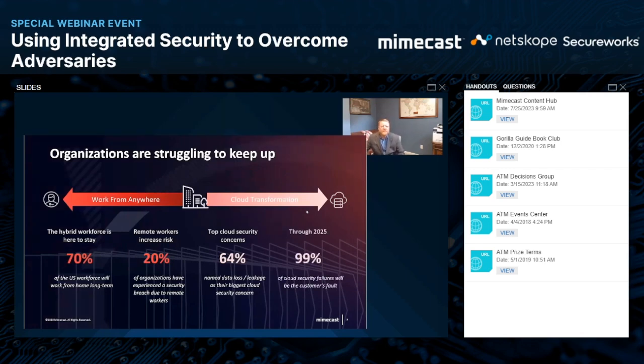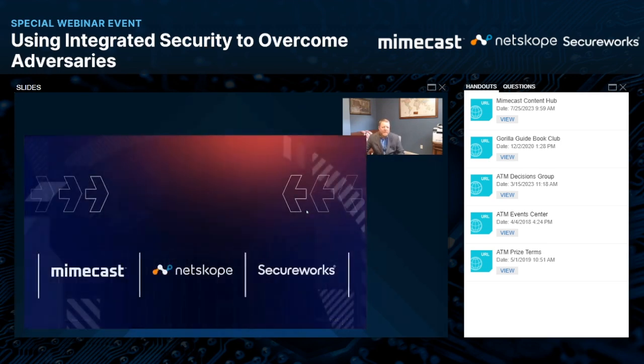So just a round of challenges abroad. So what we've done as part of Mimecast, Netskope, and SecureWorks is really look at saying, okay, we offer a really great solution, but we want to make sure it's deeply integrated, easy to turn on and set up, easy to gain the visibility. So when you're looking at these three products, they're acting in unison, they're acting as one. They aren't three different point silos like we talked about earlier.